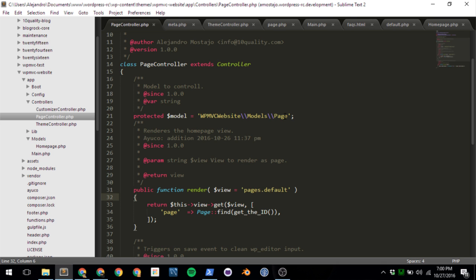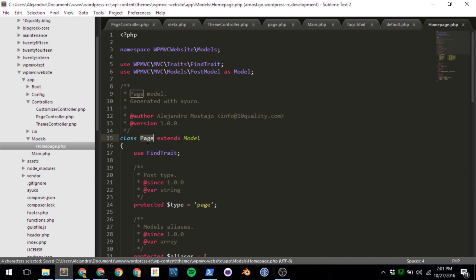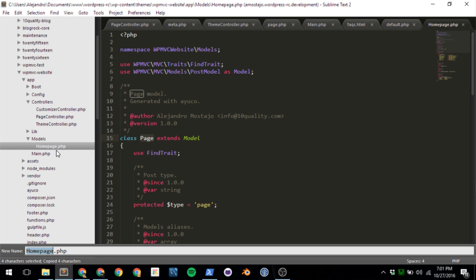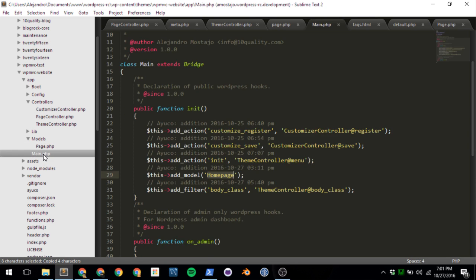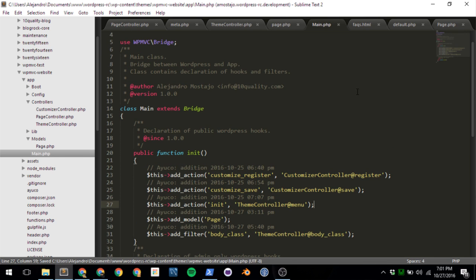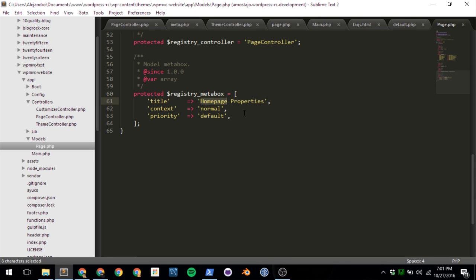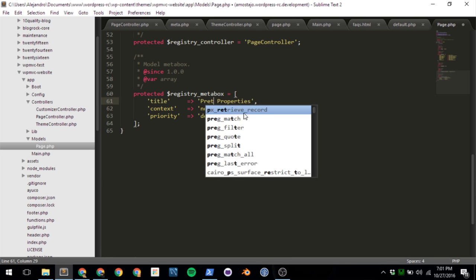I don't know if I want to create all of them in just one container. It's simpler. Let's roll back the change. It's much simpler and safer, I think. Let's go back here, page, and instead, probably on our page, we want to change the title. Instead of homepage properties, it will be pretty docs